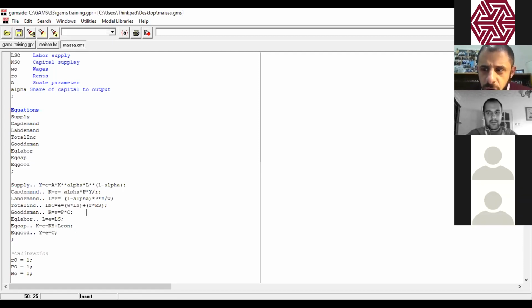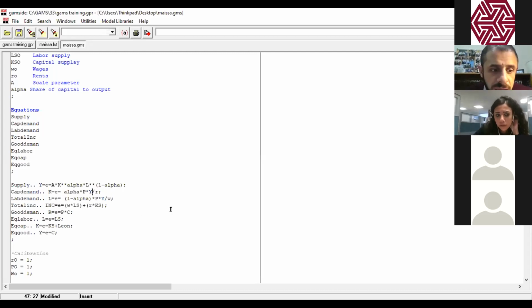R should be in the other. Go ahead, please. Capital demand, I think. Yes, Shahir, capital demand. It's R by K. Exactly. So here we must have a bracket before the alpha and after the Y, and before the alpha, and the same for the other.